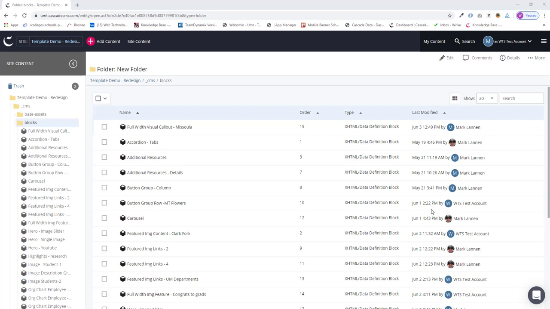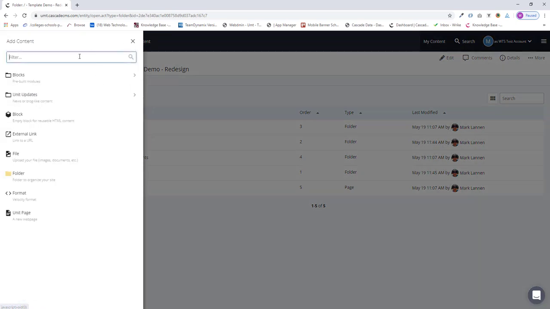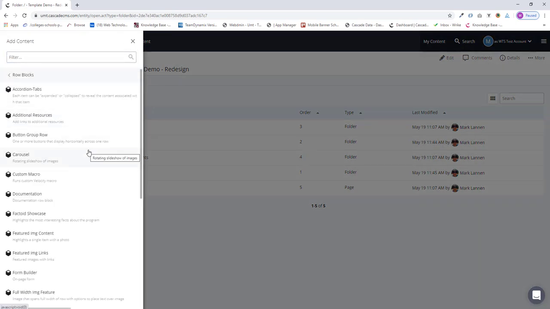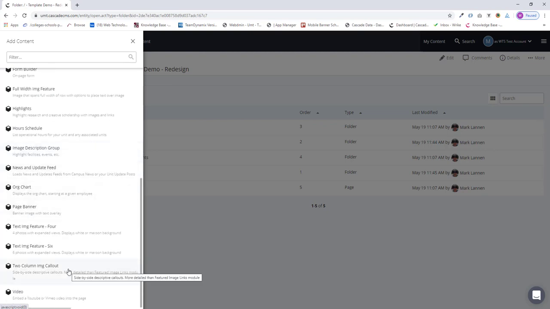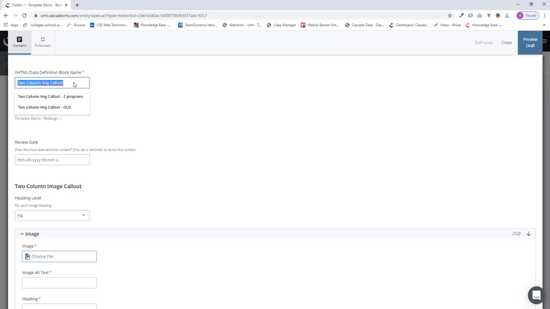and the white text. My first step is to create the block, so I'll click on Add Content in the top menu bar. I'll select Blocks, Row Blocks, and I'll scroll down to two-column image callout. There we go. I'm going to give this block a name. I'm just highlighting two programs, so I'm just going to call it 2UM